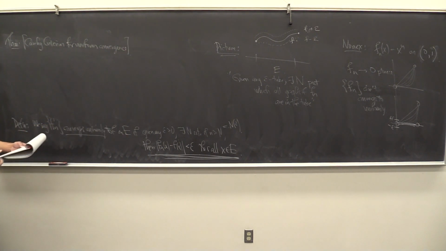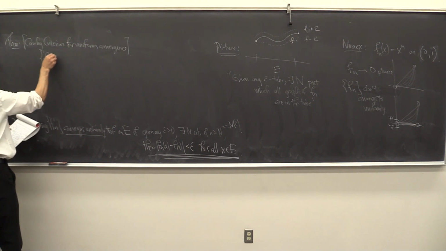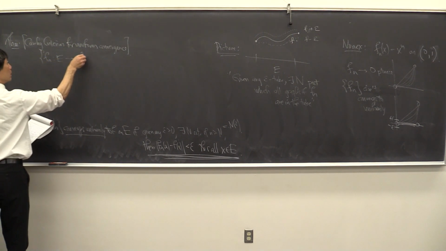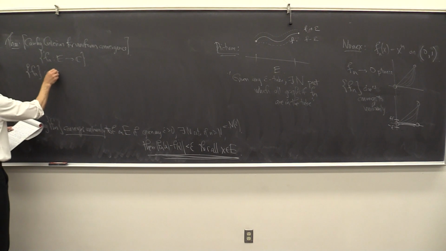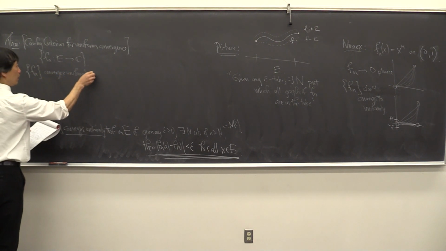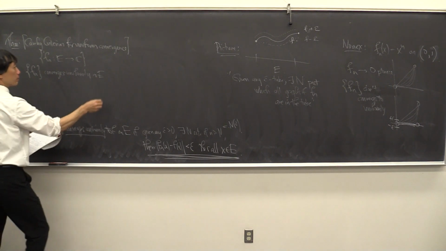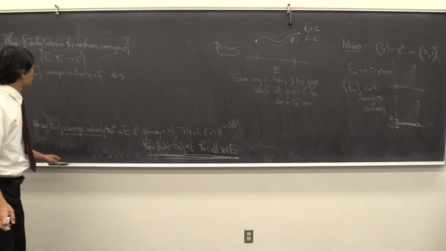This is basically what you would expect. For some sequence of functions, f sub n converges uniformly on E if and only if